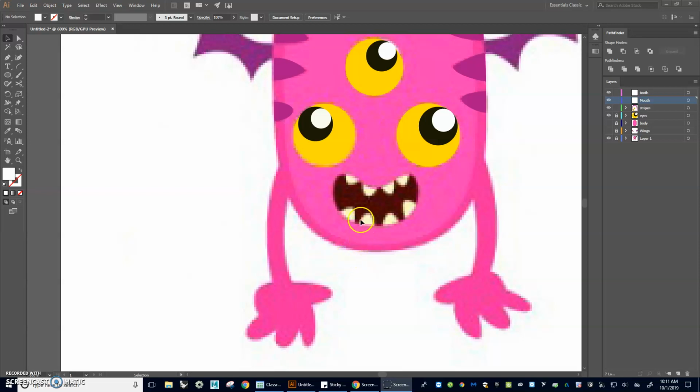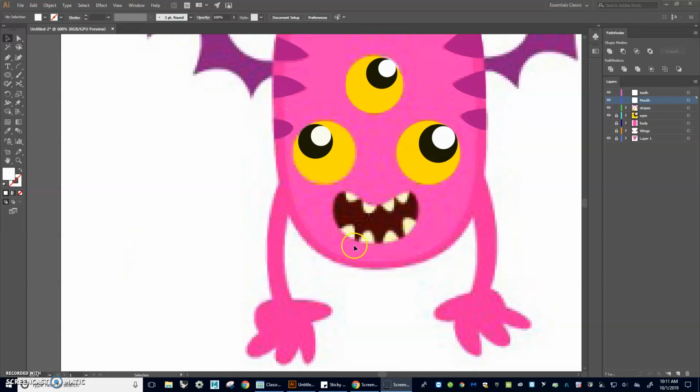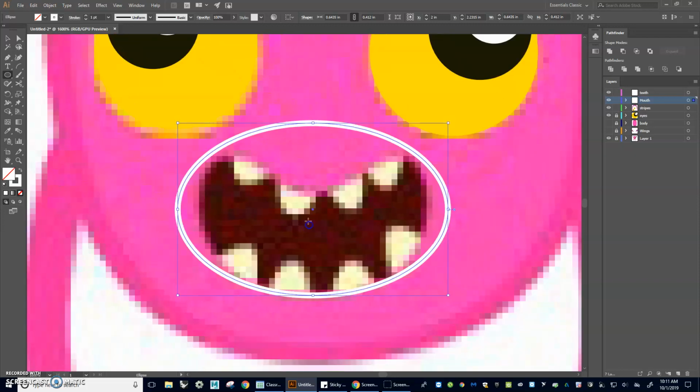In this video, we will create the mouth as well as the teeth to complete our purple monster. I'm going to start by creating an ellipse which has a stroke and no fill. I'm going to find the approximate center of my character's mouth, hold Alt so that I may create an ellipse from its center point. I'll zoom in on this mouth,